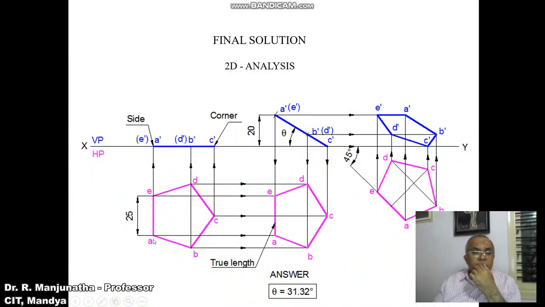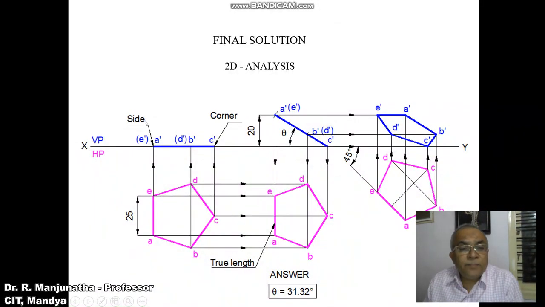And by using the compass, with A as center, taking the radius of 25, cut an arc on this 108 degree line, and also with E as center, cut an arc on this 108 degree line, and you are going to get these 2 points. From this point as center, draw an arc of 25 mm, with D as center, cut on the previously drawn arc, and you mark this point as B, C, and D. Then you join A to B, B to C, C to D, D to E, E to A with a dark line. So this is how we can construct the pentagon.